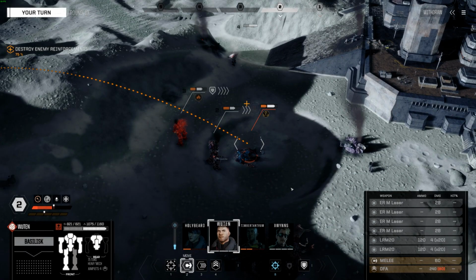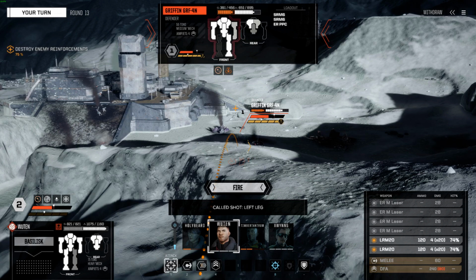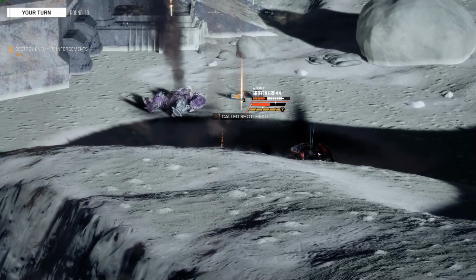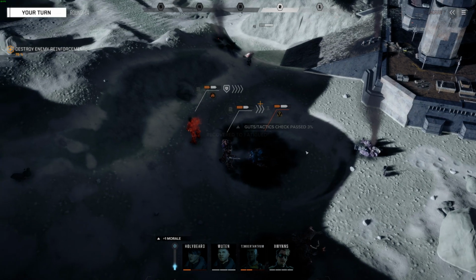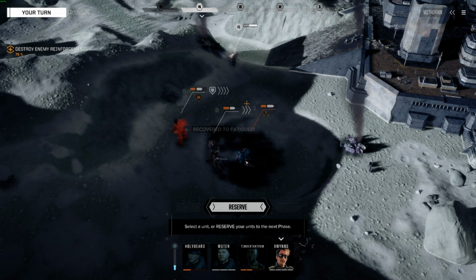And then lastly, Commander. We got Wu-Ten with double 74s. Let's go... Nah, we're not going to hit the other leg. Let's just go headshot, right? 3%. Guts check passed, 3%. Apparently the guts checks are equal to the called shot, I suppose. I'm not sure what they're checking for exactly, but...